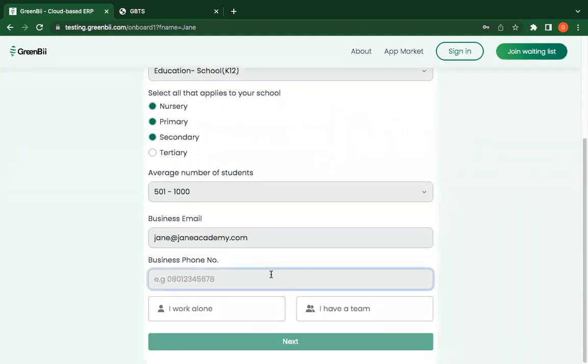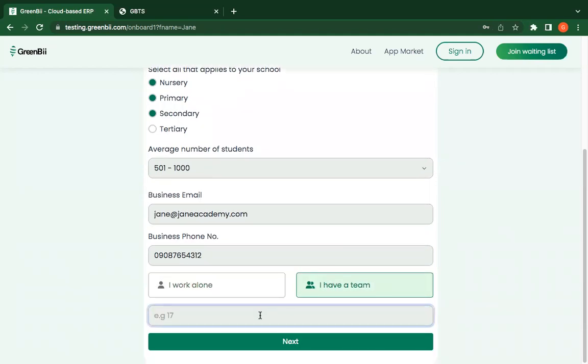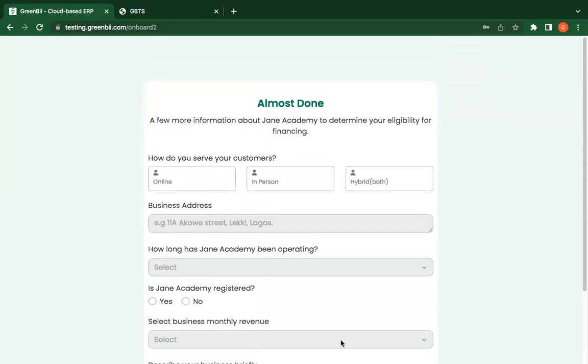Business phone number. So everything, yes. Jane has 15 teachers. And next, I'll do hybrid because Jane also wants some online stuff,